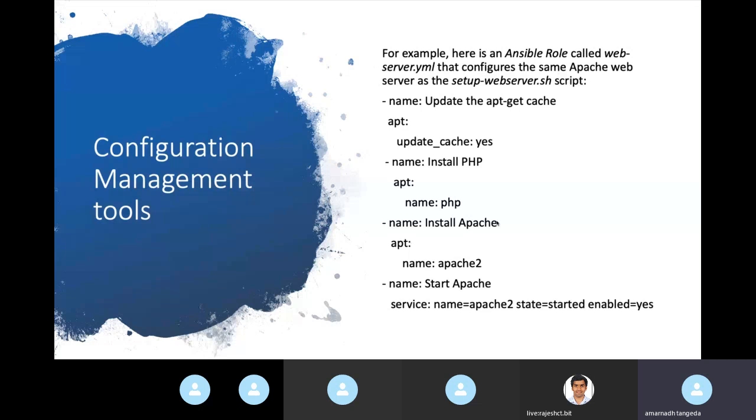Next one is configuration management tools. We all know very well what a configuration management tool is. The good part is we are still using it. The famous ones are Puppet, Ansible, Chef, which we use quite a lot in our regular job. All of these come under configuration management tools, and configuration management tools come under IAC. I wrote a small playbook using Ansible. Hope you all know it. It installs a couple of software packages, PHP and Apache, and starts Apache.